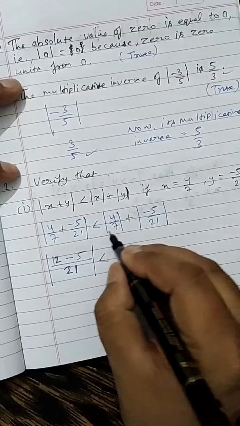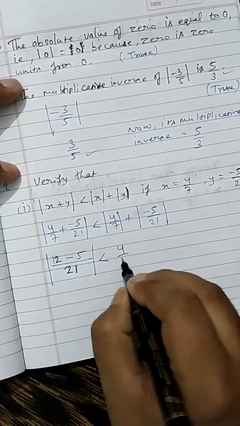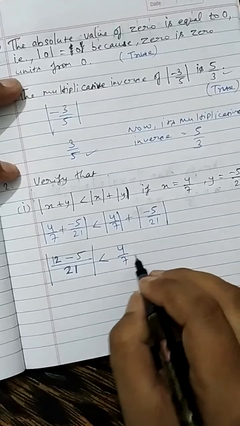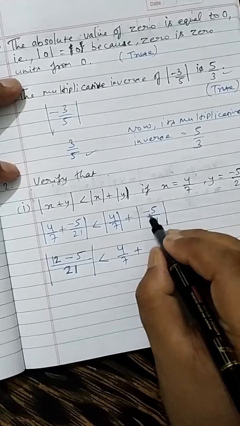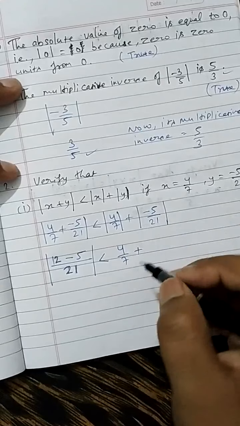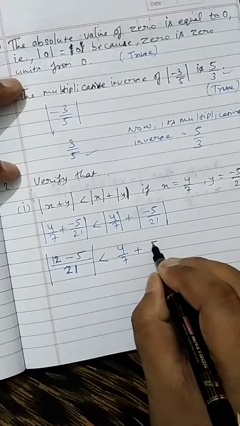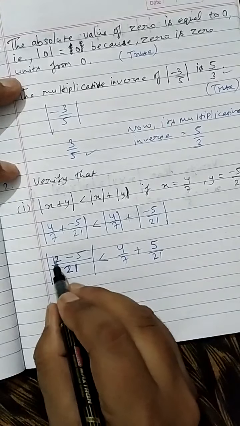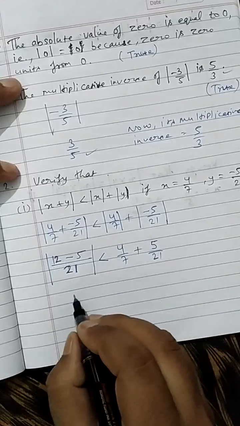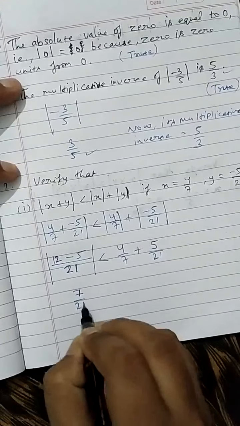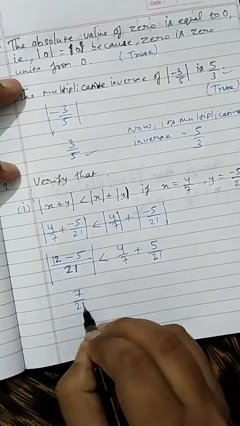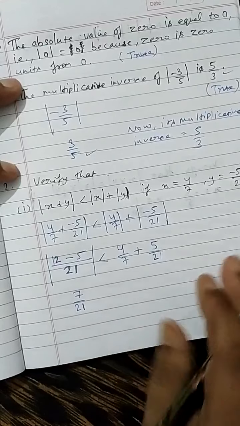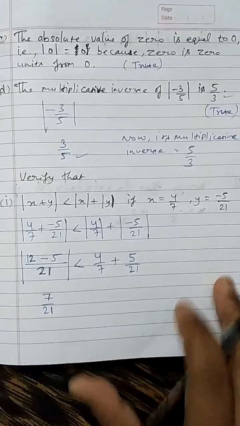when this 4 upon 7 comes out of this absolute sign, it becomes 4 upon 7. Plus here, when this minus 5 upon 21 comes out of the absolute sign, it becomes positive 5 upon 21. Okay, now 12 minus 5 gives you 7. So this is 7 upon 21. Now